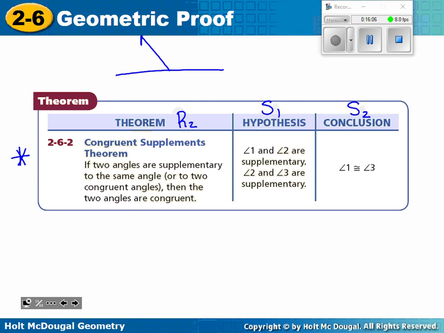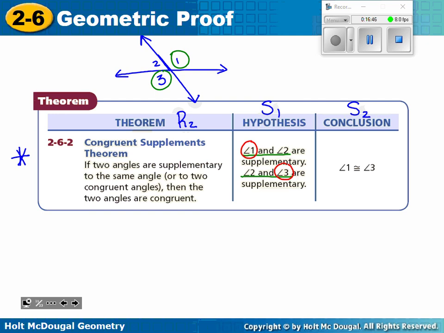So that could be a picture like this. If you look at this picture, would you agree that 1 and 2 are supplementary? Would you agree that 2 and 3 are supplementary? So that means that angles 1 and 3 are supplementary to the same angle 2. So if somewhere in your proof they tell you that 1 and 2 are supplementary and 2 and 3 are supplementary, so that 1 and 3 are supplementary to the same angle,